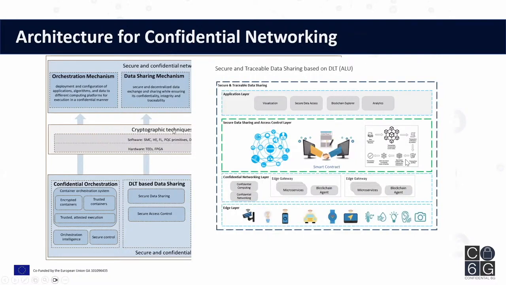The second part is the data sharing mechanism. As you may have already heard, to really achieve data integrity and traceability, DLT or blockchain technology comes into use. With the inherent security and immutability of blockchain technology, it can be created for data sharing between different platforms across the whole network, thus enhancing traceability and transparency of the network data.